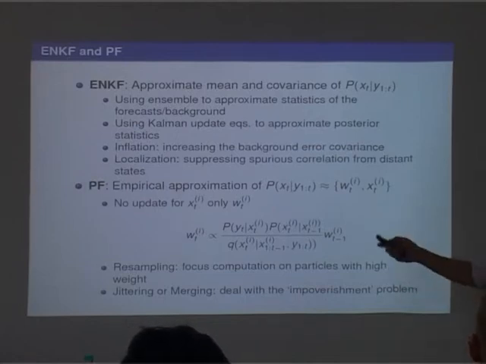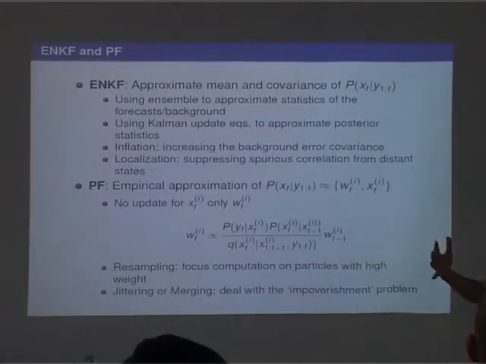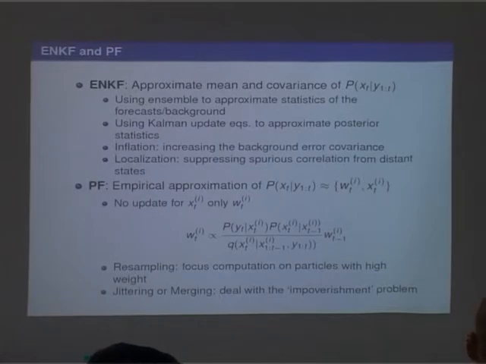And of course, when we do this, we have already seen that we can do the resampling to just focus our computation on the particles that fall into a high probability region and try to ignore those particles that have insignificant weight. We just ignore those particles. And sometimes when we keep doing this resampling, we kind of lose sample diversity. This is called sample impoverishment. And there are some techniques to deal with this, such as jittering and merging. I will not go into details for these techniques because I want to focus my discussion on parameter estimation.